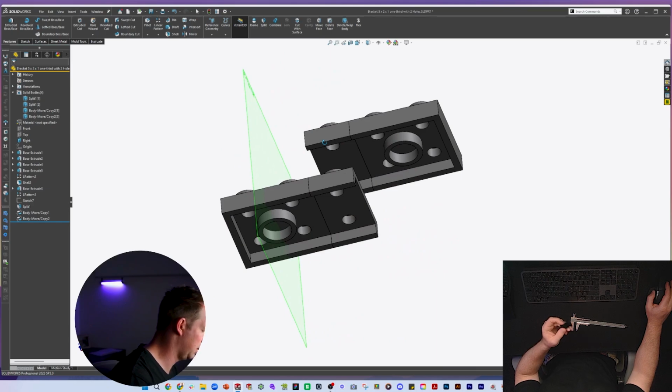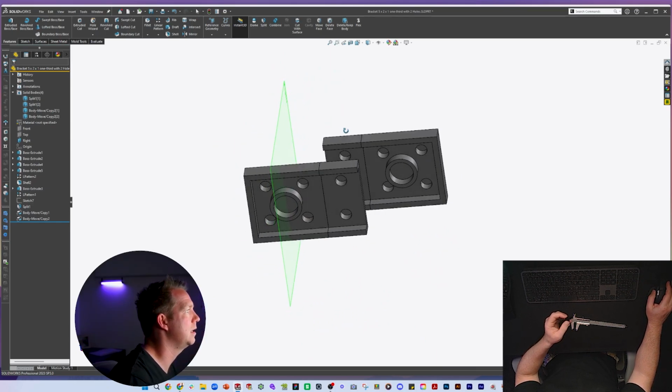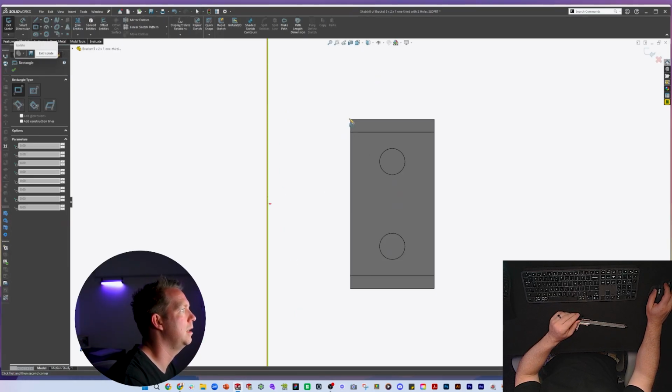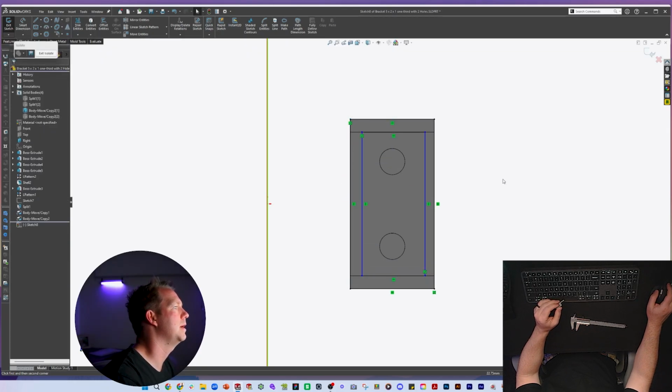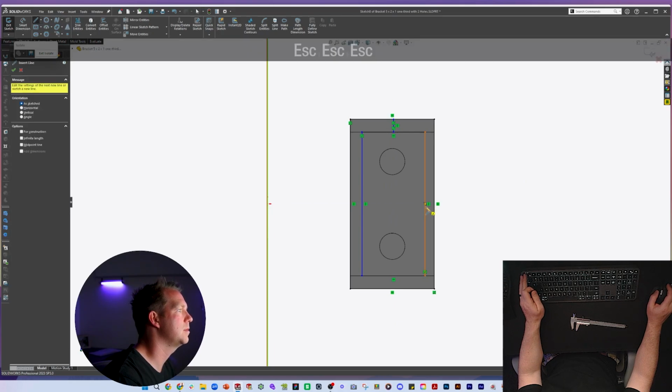First off, we are going to do a new wall thickness that goes all around this one. So I'm going to select these faces. I'm going to draw a rectangle. I'm going to draw another rectangle. And we're going to make sure that the distance between here and here is the same as the distance between